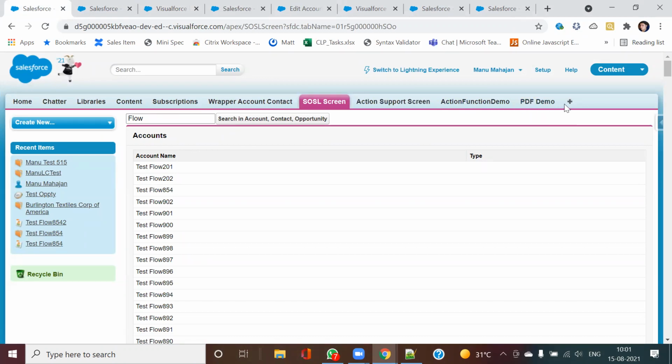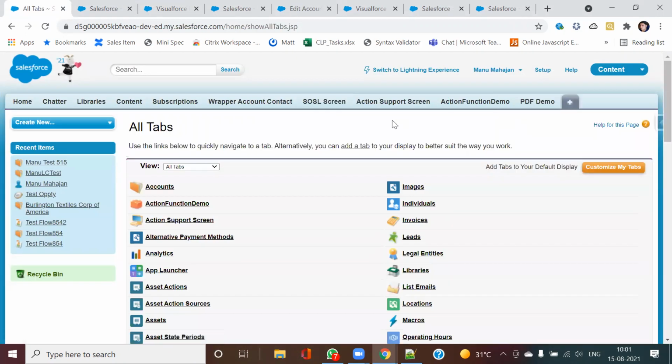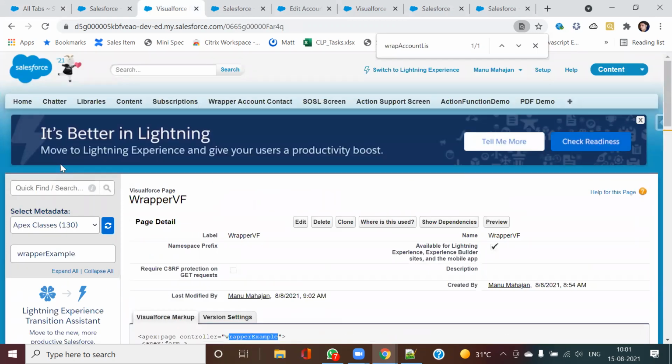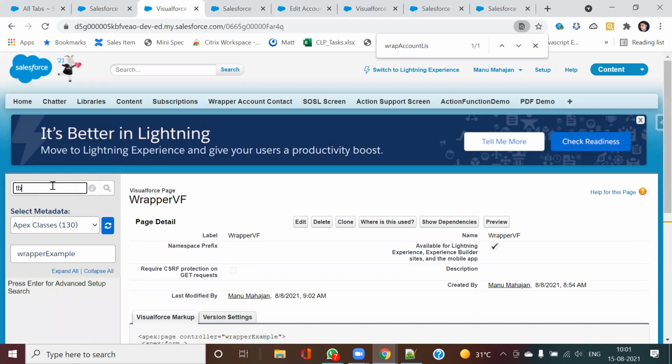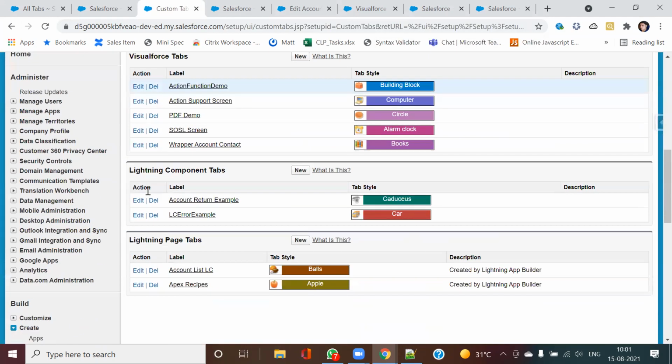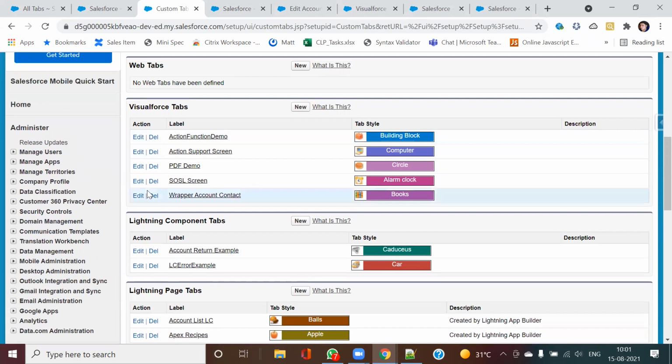Where did I add it? Okay, let us take that back. Did I create the example or not?